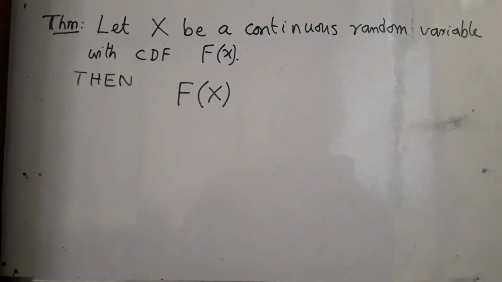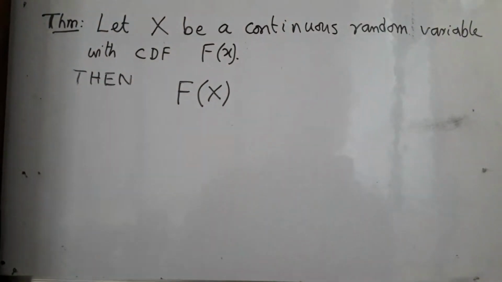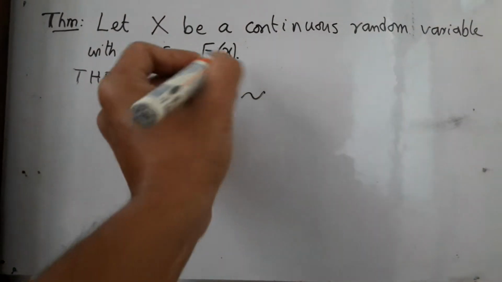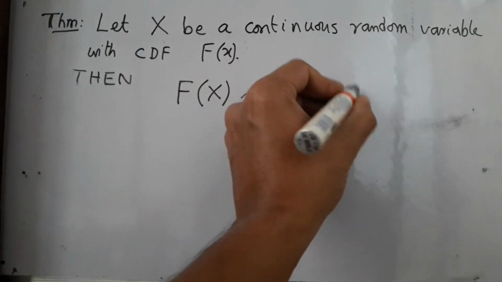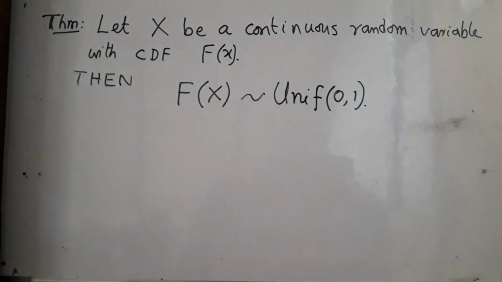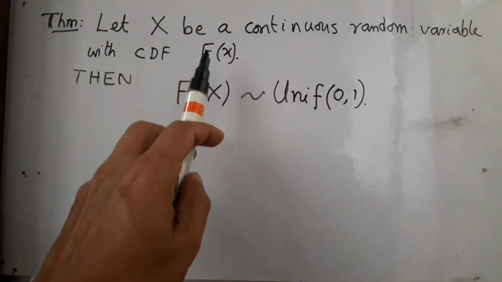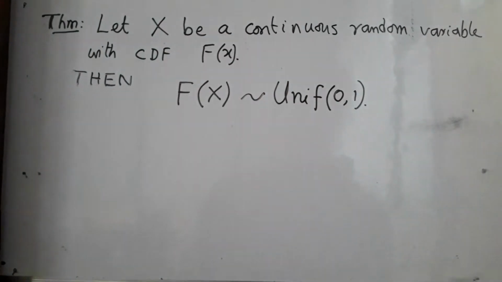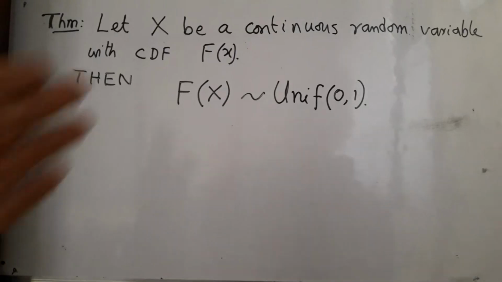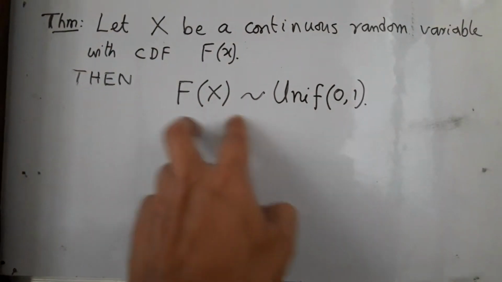You might say, well, it depends on capital F. Surprisingly, it does not. Whatever capital F you take, this will always turn out to be uniform 0-1. Pretty surprising. The only condition I needed to put on capital F is that it has to be a continuous thing. So start with any continuous random variable, you can arrive at the uniform 0-1 using this.